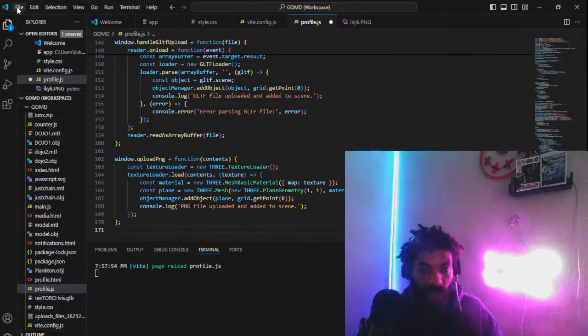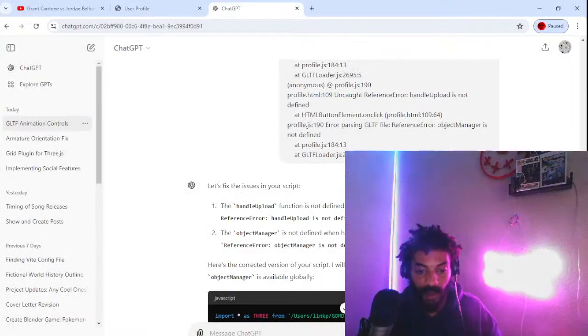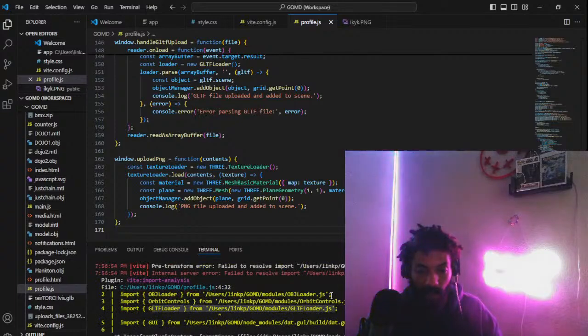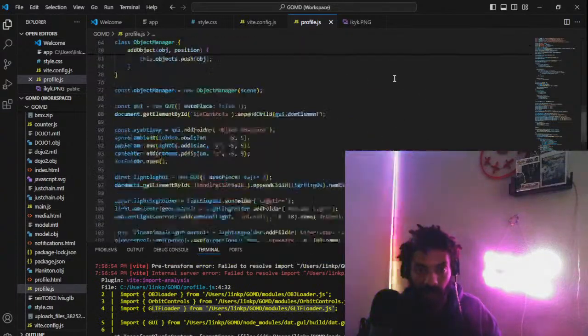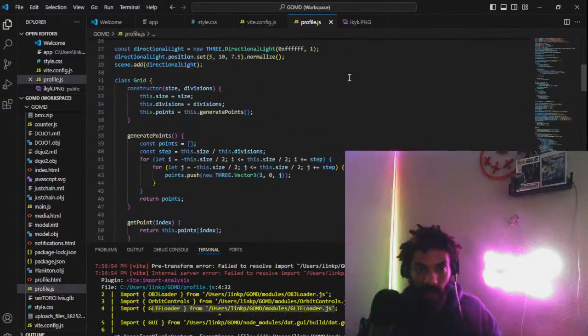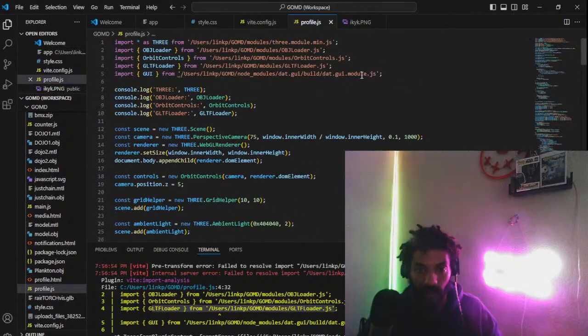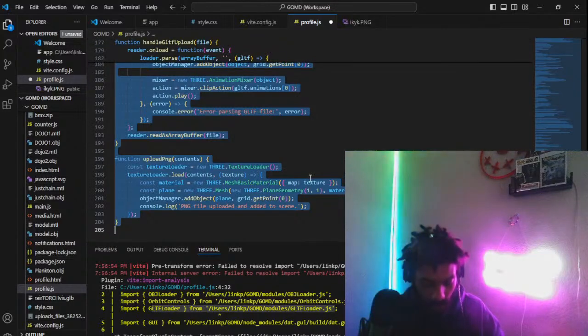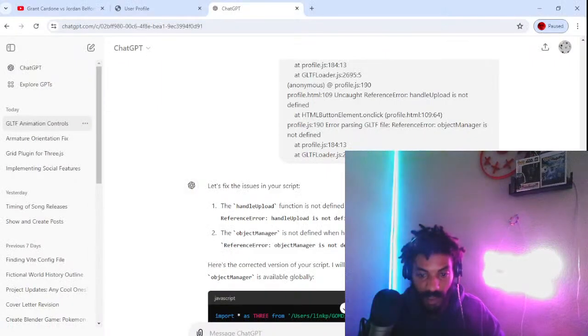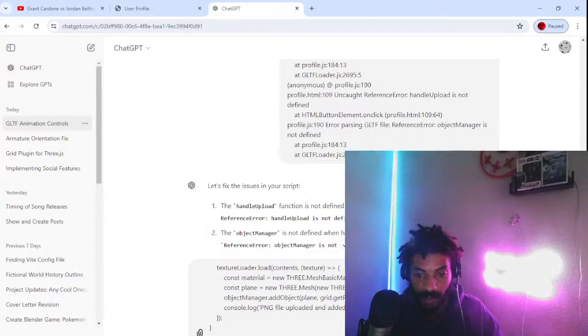Alright, guys, so it actually dropped down 30 lines of code. And I gotta replace the GLTF loader every time because I'm just too stubborn to tell it to rewrite it. Actually, matter of fact, that's what I'm gonna do. I'm gonna Control Z this, guys. I'm gonna copy this. I'm gonna say, okay, merge this code